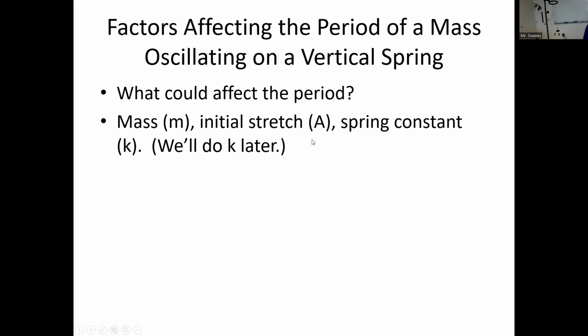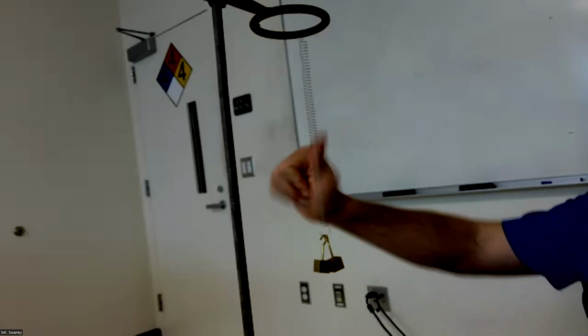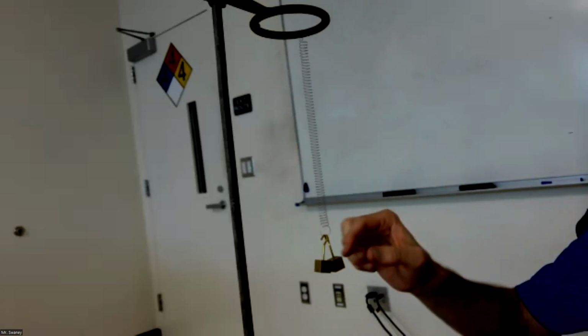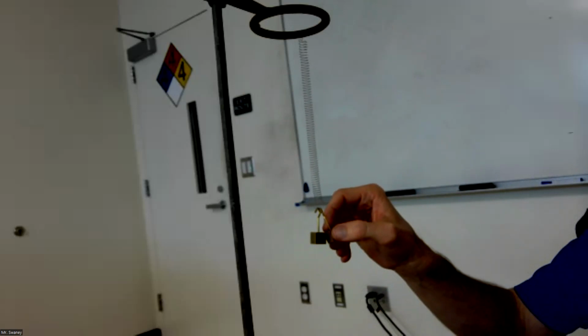And what I mean by initial stretch from the equilibrium position, well, equilibrium means things are balanced. In our class, equilibrium position is when the forces are balanced. So the spring force up equals the gravity force down. So this is the equilibrium position for this system. If I were to have just one mass,